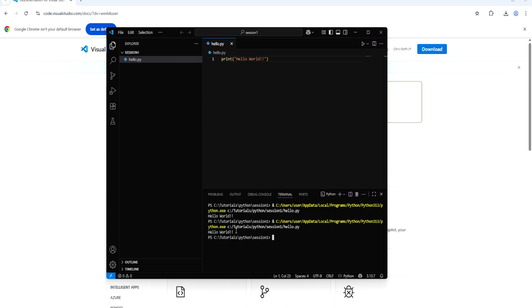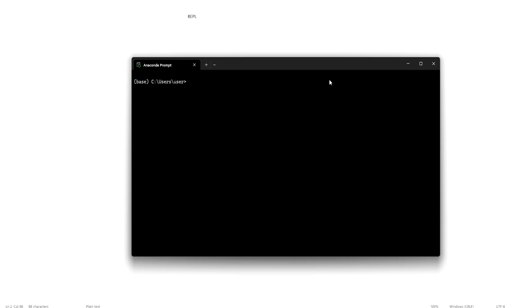Now we will start learning Python. Now we will learn about REPL. A REPL in Python refers to read, eval, print loop, which is an interactive programming environment allowing users to execute Python code and receive immediate output.